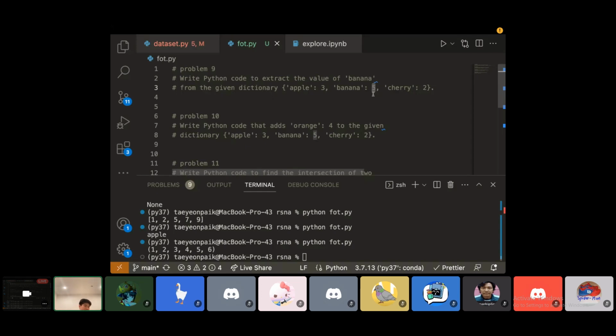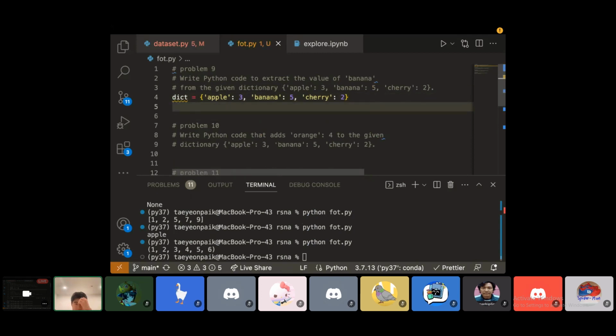Okay, time is up for this one. Write Python code to extract the value of banana from the given dictionary. If you remember what I taught you at the start of class, I'm going to call the dictionary dict, and I will copy and paste the dictionary that they give us. And to extract the value of banana, which is 5,